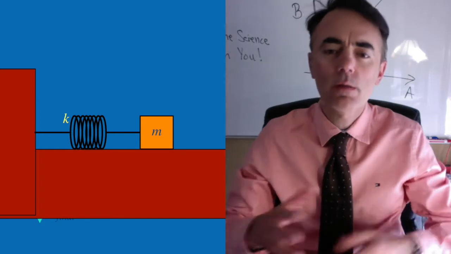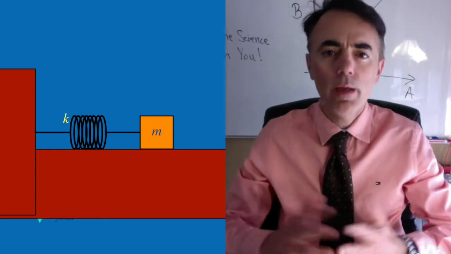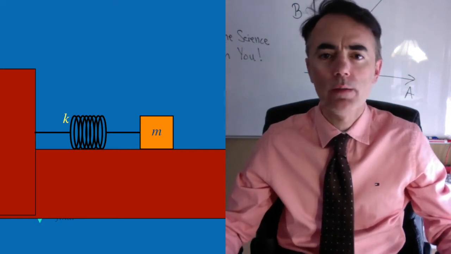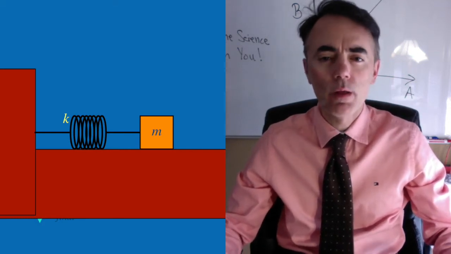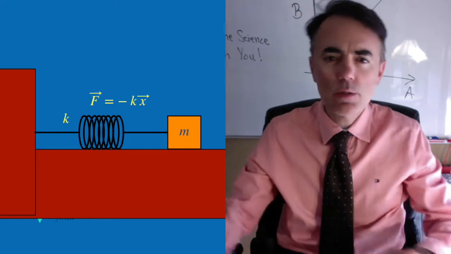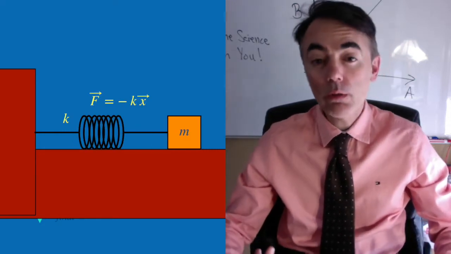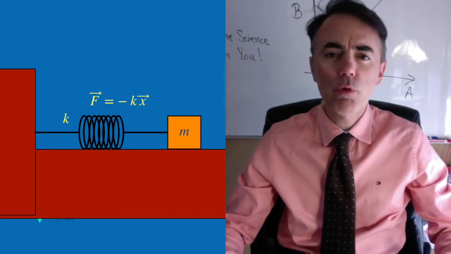Consider a mass m attached to a spring which is attached to a wall. In equilibrium there will be no horizontal forces and the vertical weight is cancelled by the normal force. If you pull the mass a bit to the right, you stretch the spring a bit, which wants to go back to equilibrium. The recovery force is minus kx, where the minus sign indicates that the force opposes the direction